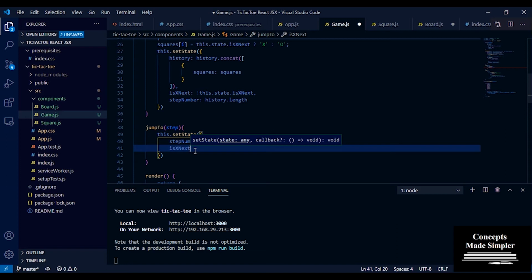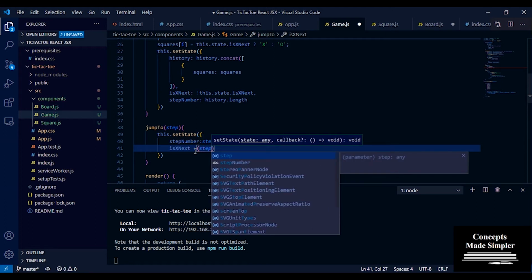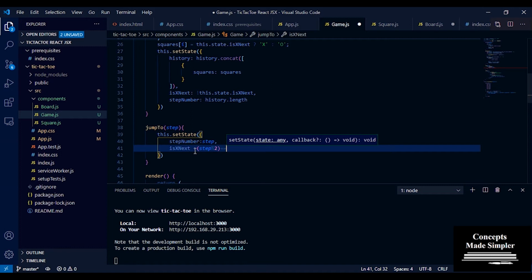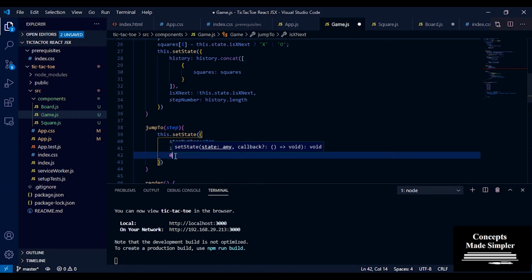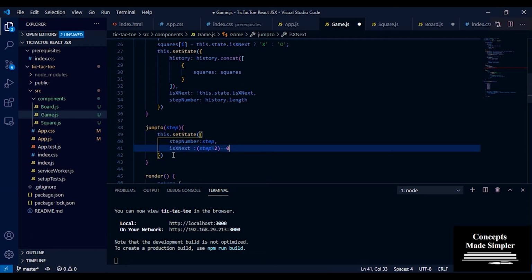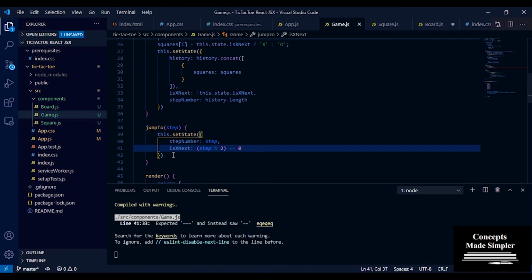If the step number is even, it's going to be x, and if the step number is odd, it's going to be o, because the game always starts with x, then o, then x, then o. So xIsNext is going to be, if step % 2, so modulo 2, equals 0, then we want it to be x, correct?